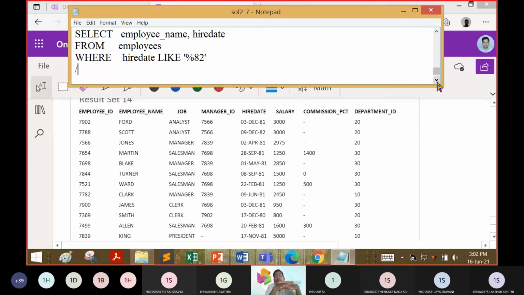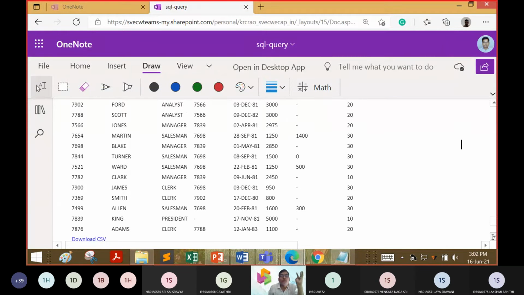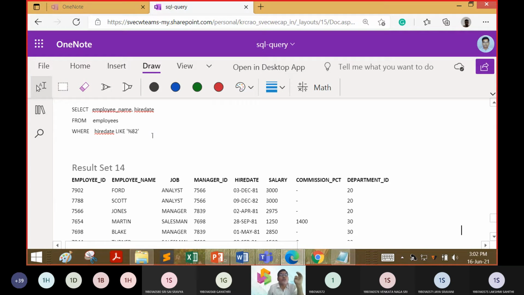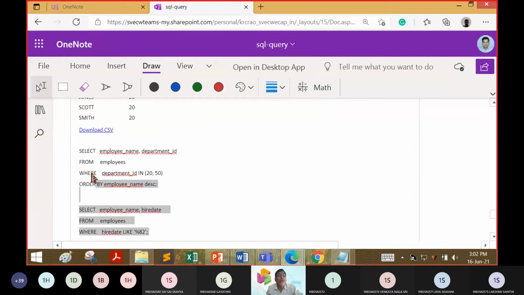Now see the database and tell me what are the hire dates ending with 82. Scott, sir. Only Scott. I will scroll down. Yes, there is only Scott. So now what do we have to do? We have to take this query